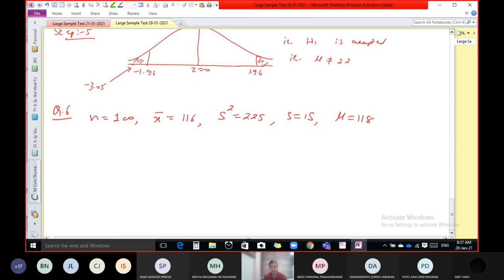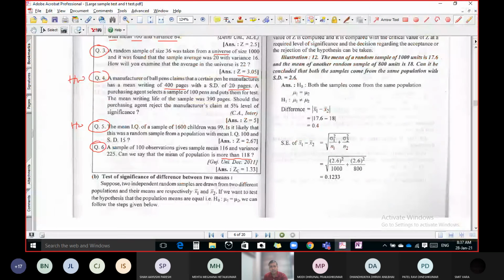See, once again, this is the claim. Let us say this is the claim, like the average IQ of the students in RJ Tigrawal is more than 118. Average IQ is more than 118. This is the claim of any of the persons. Now I want to check whether this claim is true or not. Listen once again. There is one claim regarding the IQ of the students of RJ Tigrawal. What is the claim? The IQ is more than 118.